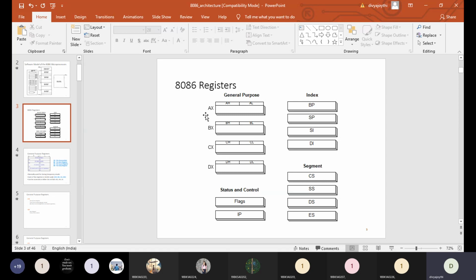AX. AX stands for accumulator. So what is the functioning of the accumulator? See here, ma'am. Whenever we are performing some operation, say for example, ADD BL, CL. After performing the addition operation, there is a confusion about where the result can be stored. So in that particular ADD BL, CL, you can come to one conclusion that the result will be stored in BL. Along with the storage in BL, a copy of the result will be stored in the accumulator also.